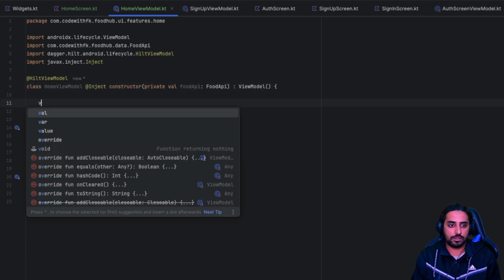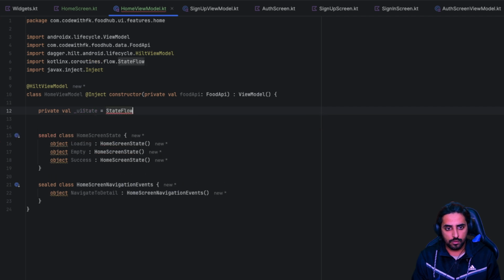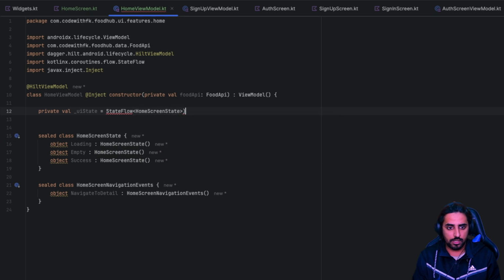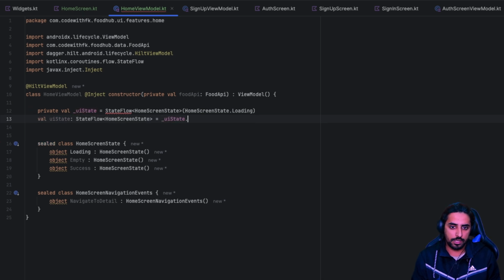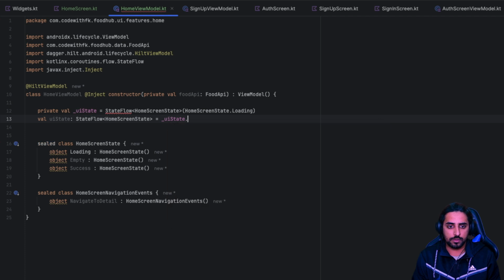And now let's create a UI state that is going to be private val _uiState is equal to a StateFlow of HomeScreenState, and the initial value is going to be Loading, right? And then we will be doing something like that as uiState